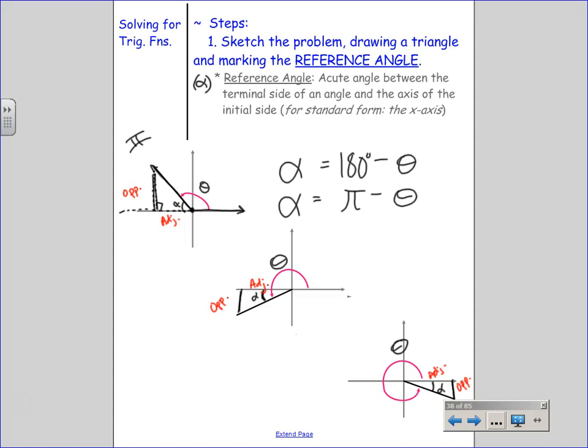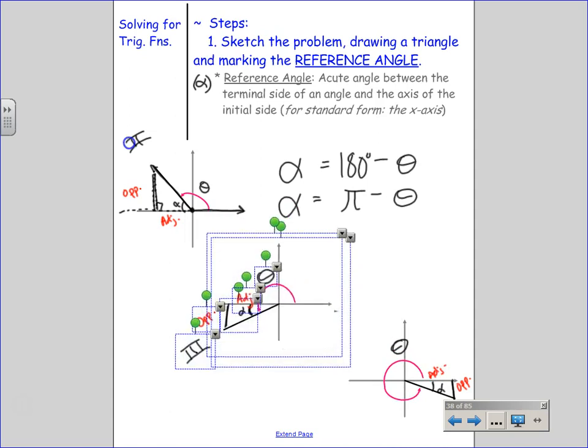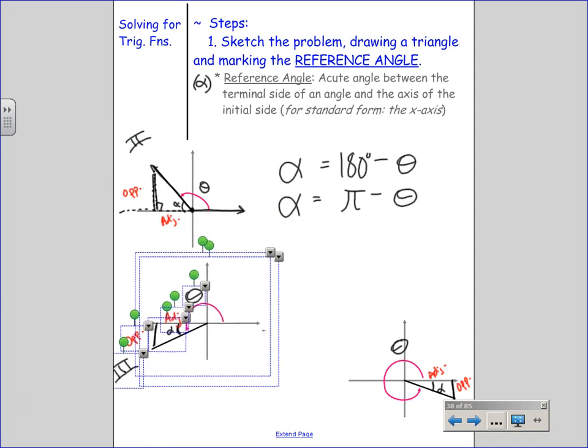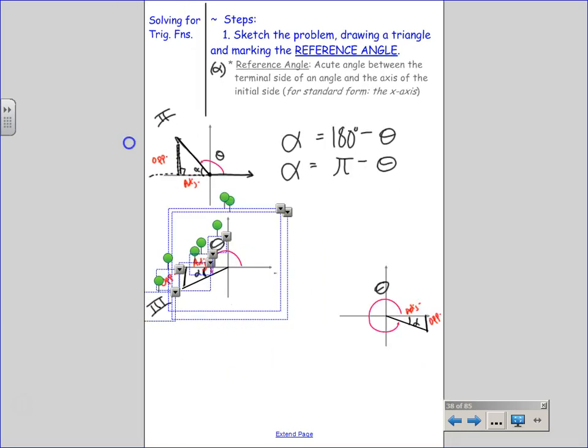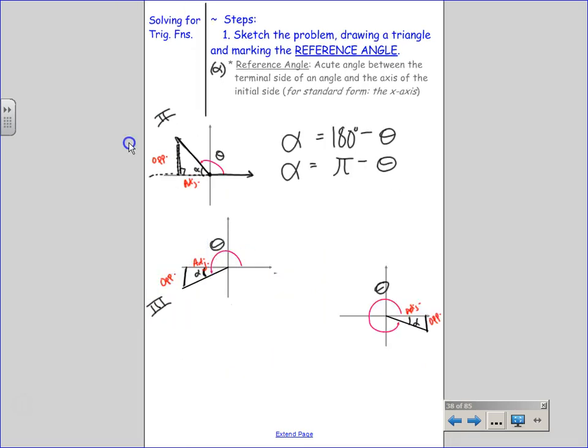In the third quadrant, nope. Do you see why it's not 270? We have to go to the 180 still. We're just going to the 180 a little bit differently. So if we're doing the third quadrant, who's bigger? My angle, my theta. So I could actually do alpha is equal to theta minus 180, or theta minus pi